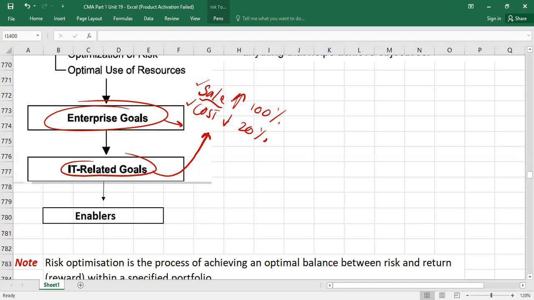Then you have to think, for example, how IT can help to reduce the cost, which is called IT related cost. Maybe automation. If you apply automation, maybe you need fewer employees. It can help you cut the cost, right or wrong? So once IT relevant goals are set, the next stage is called enablers. Enablers means applying the IT. Enablers are also called the holistic approach. Holistic approach or enablers means what resources, what things you need to apply the IT.